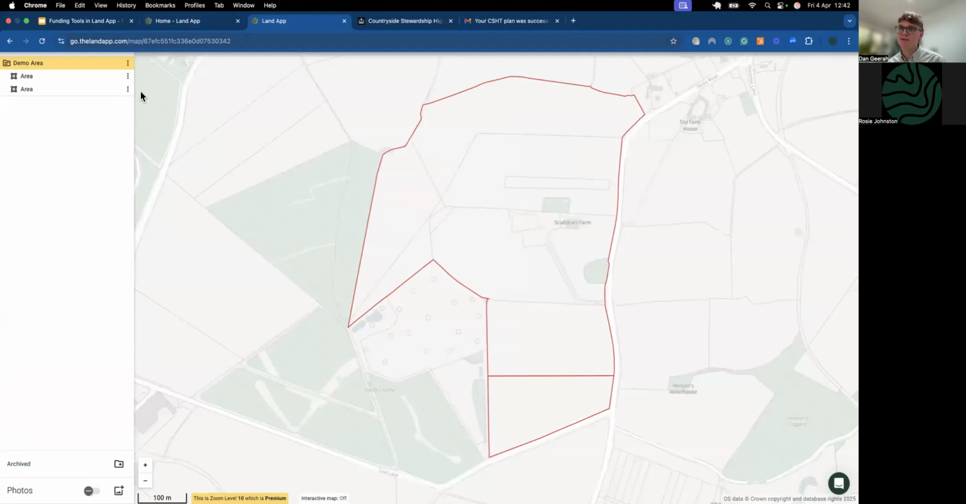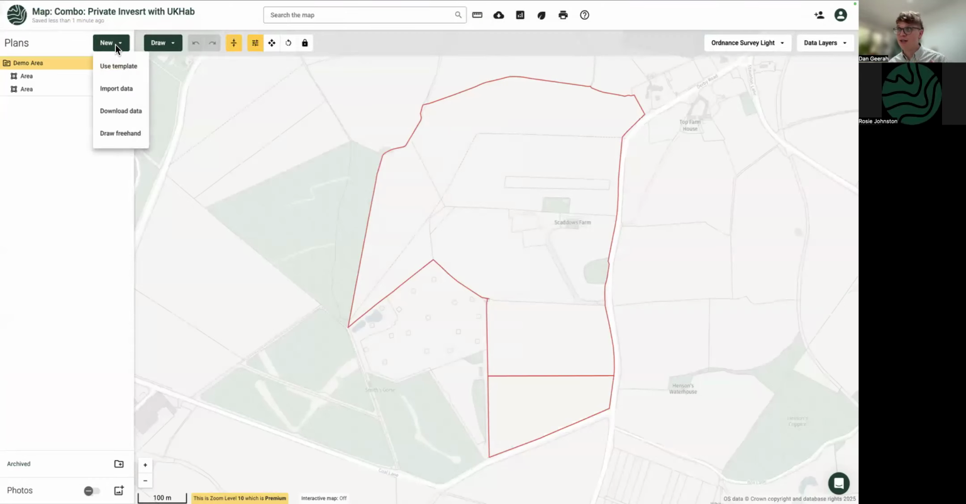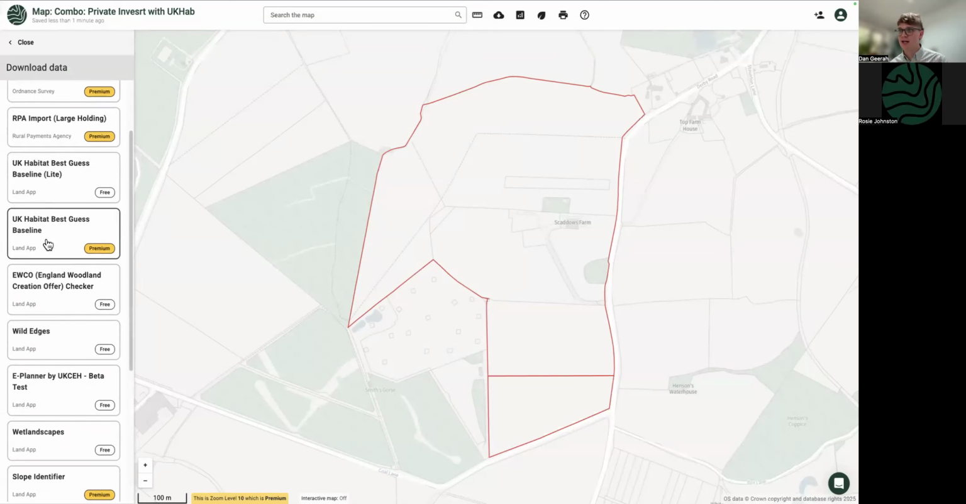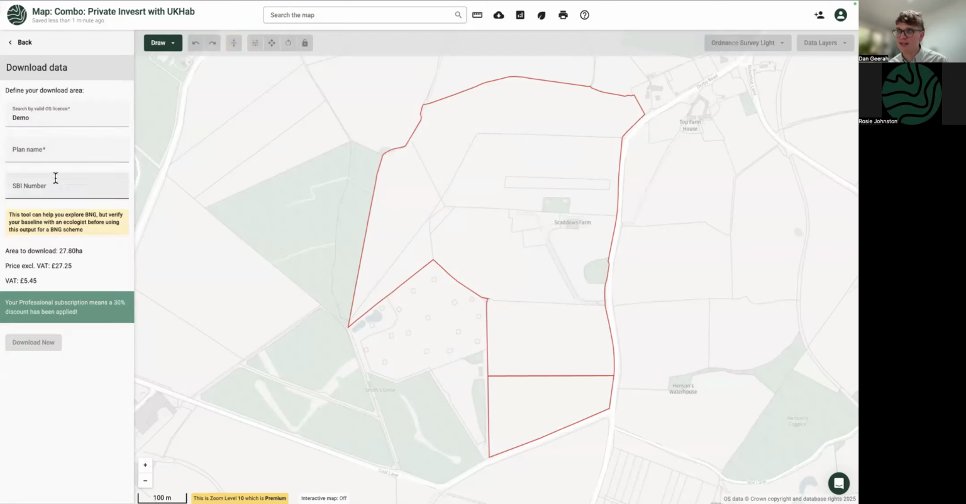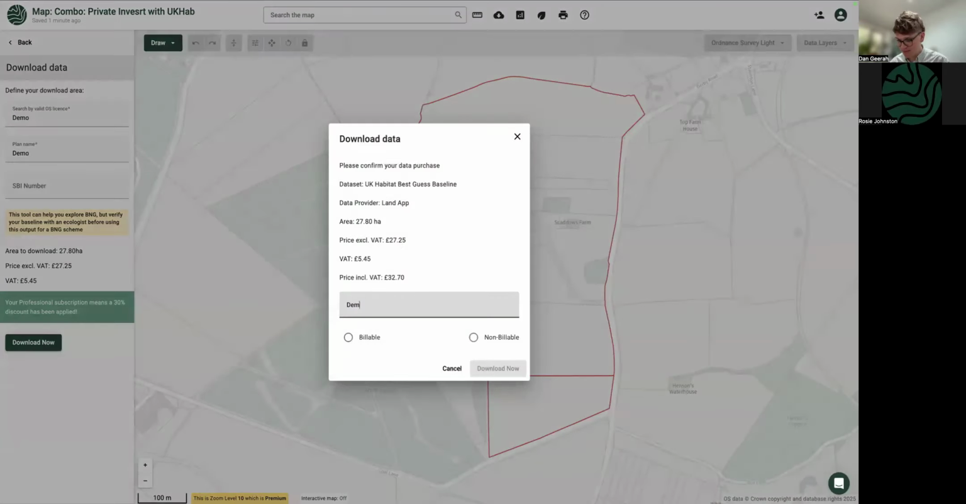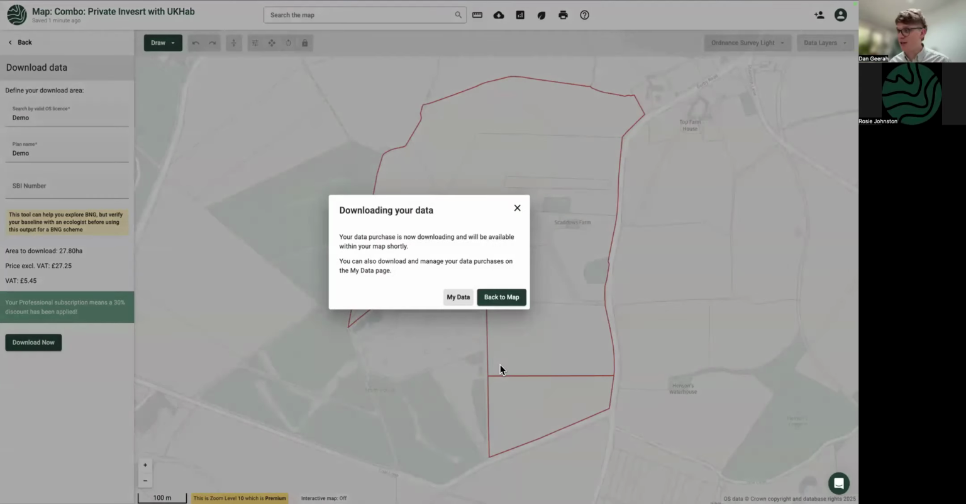And once you've got a master map license, you just need to rerun that data download one more time, which is the UK Habitat best guess baseline. And what that asks you to do is it asks you to search for a valid OS license. So I've now got that OS license from my demo. I can give it a demo name and run the purchase. So I've rushed through that because it's going to take a minute to run in the background,